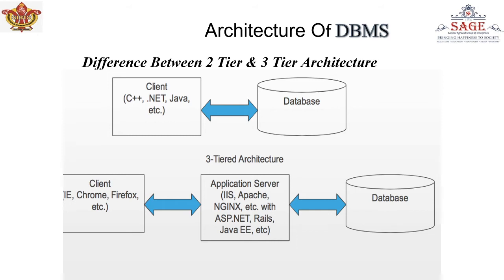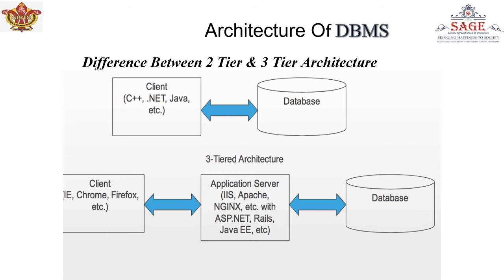I hope you are understanding the difference between the two-tier and three-tier architectures through this diagram. In this diagram, firstly, two-tier is a client-server architecture. You can see that in two-tier, the application's logic is either inside the user interface, as we can see in this diagram. On the other side, three-tier is a web-based application, where the application's logic or process